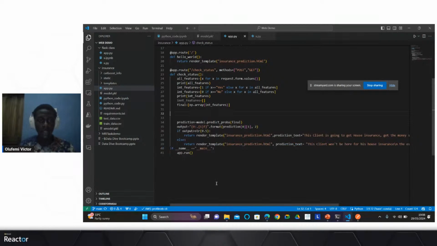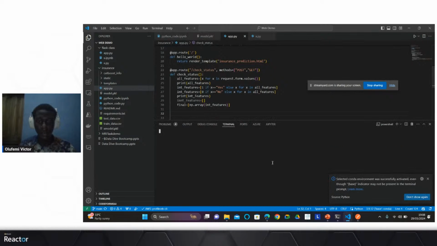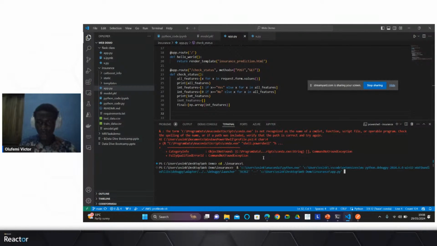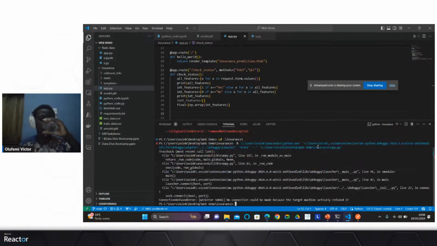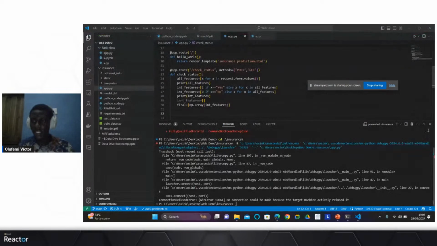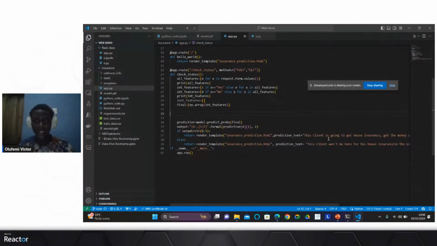So let's do this again. So terminal, new terminal. And let's cd into insurance and then run this app. Oh, okay. So my machine is actually refusing to use the port. So I'm going to close everything and reopen it.